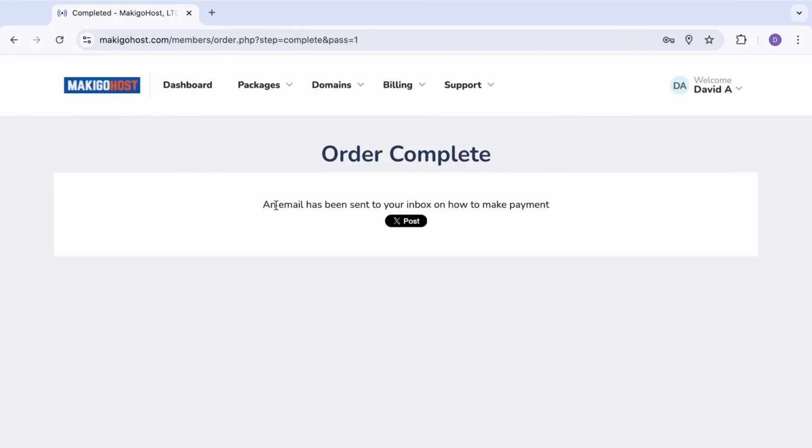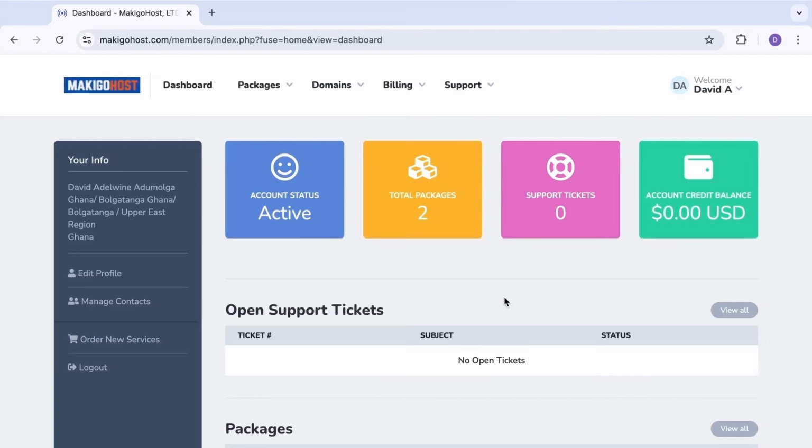Okay, and an email that has been sent to your account. For that, it's just a basic process that you follow. All you have to do is log into your email account and go through the billing process. If you have completed payment and created your account, this will be the user interface